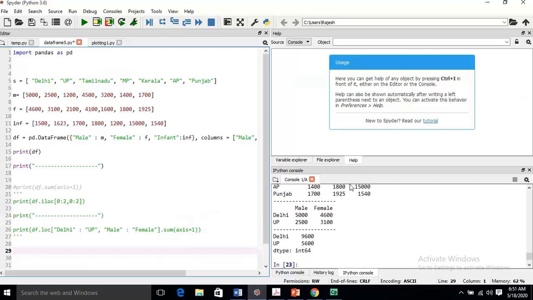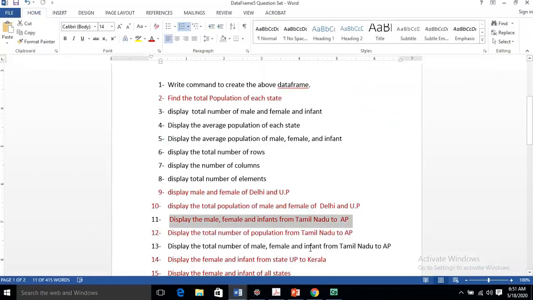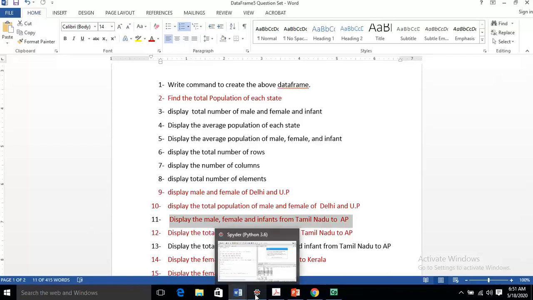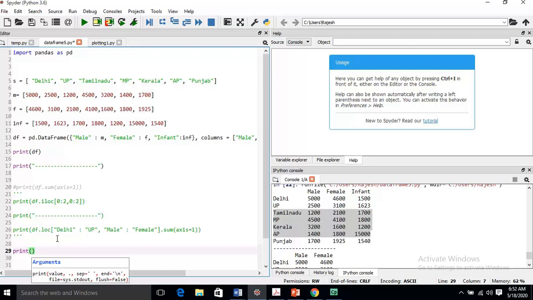This time we have to access the data from Tamil Nadu to AP. Sorry, it is showing AP, Tamil Nadu to AP. This time we have to display the data from Tamil Nadu to AP. Again I will solve this question using iloc as well as loc. How can we solve it? Print, the code is